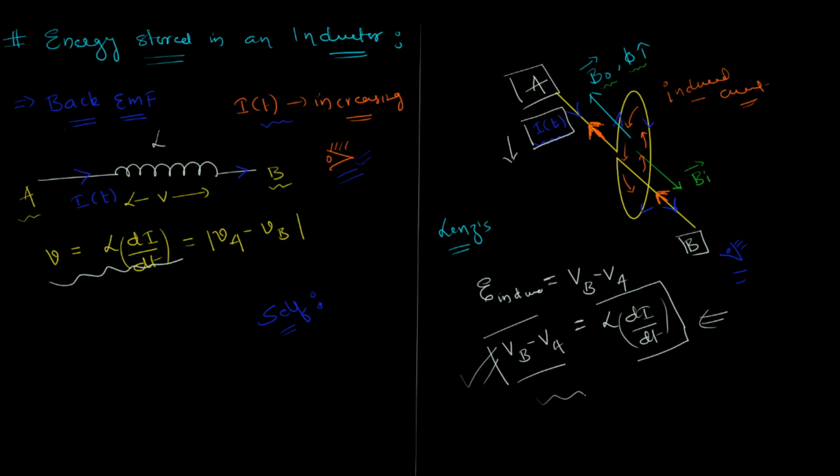And this is a little surprising, that look at this, the current is moving from A to B. Let's go back to our original diagram now. Forget the perspective and all. Let's go back to original. If the current is from A to B through an inductor, but the back EMF is in the opposite direction, and that's why the name back EMF. And how much is that EMF? It is equal to L into di by dt. All right, I hope that made it clear.